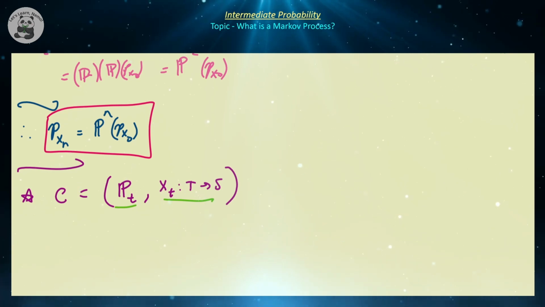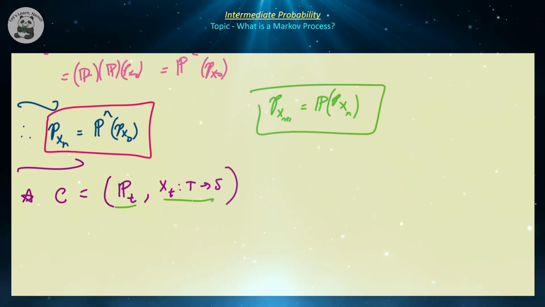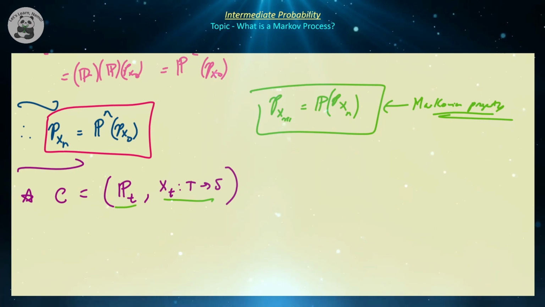And it's very important, though, that if we want to find the probability distribution of xm plus 1, all we have to know is the distribution of xm, right? So the distribution of pxm, because that's all we have. And what type of distribution is that? Well, that is just the Markovian property. So we have a stochastic process that has the Markovian property. That means this stochastic process, xt, is a Markov process.